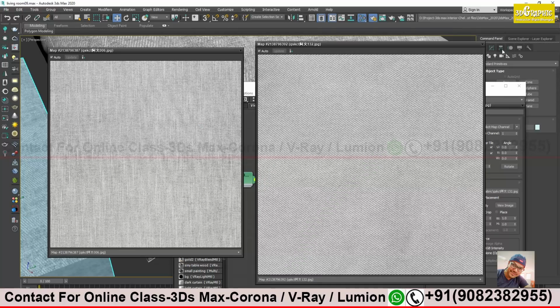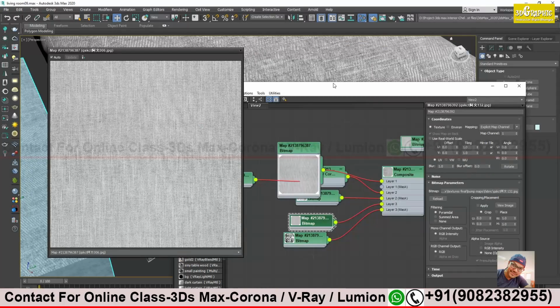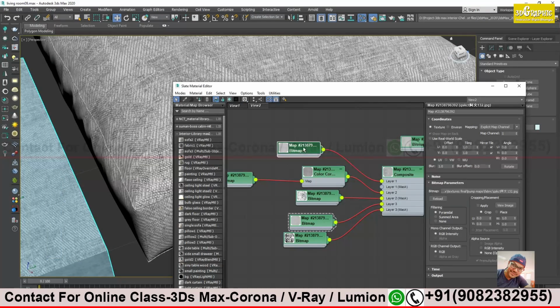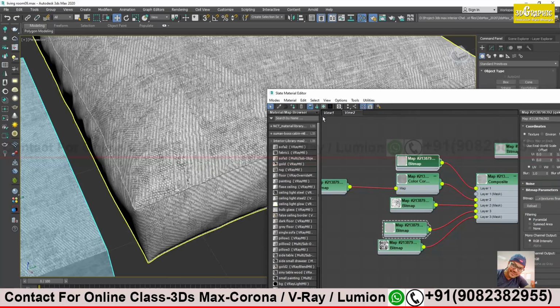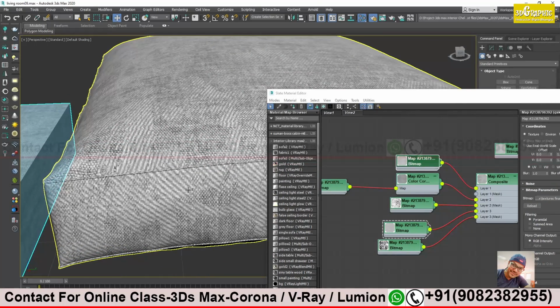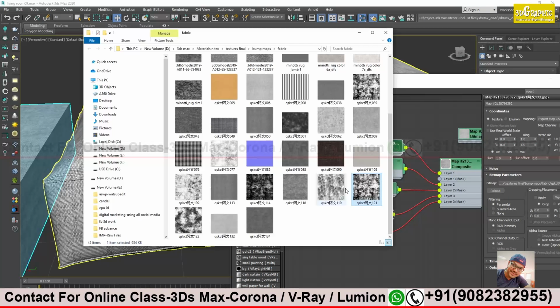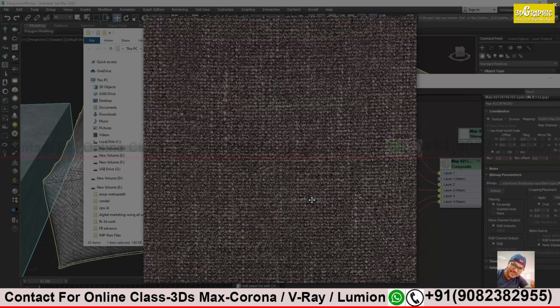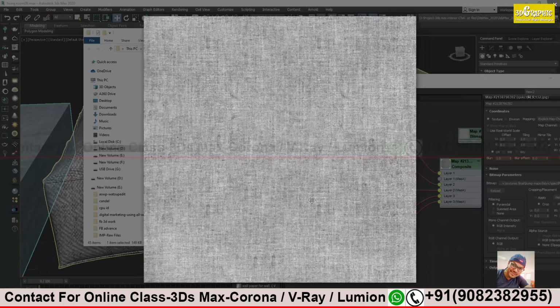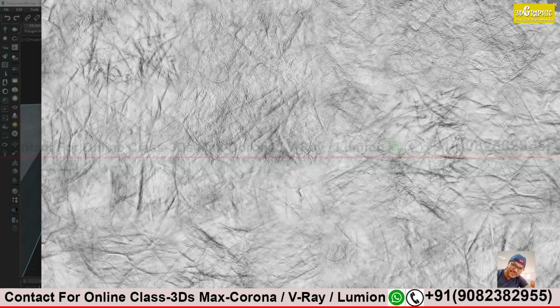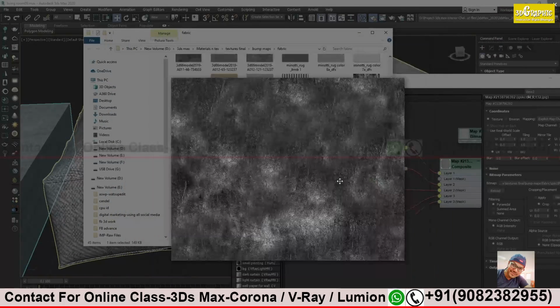So let's bring that same pattern once again. We can take the same pattern or a similar kind of pattern, or we can take wrinkles. Can we try wrinkles over there? We have some wrinkles also. I have seen somebody somewhere with nice wrinkles. This will look more good on a leather effect.